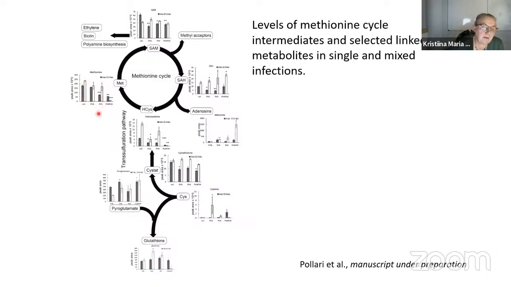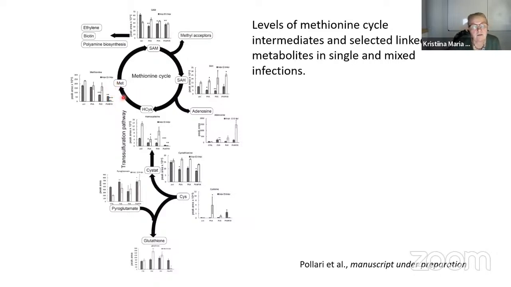There is a bit of upregulation in PVX infection, and downregulation here at day 6, but otherwise in day 10 in the systemic leaves we don't see much of regulation of methionine amounts. But then when we have this double infection, there is serious reduction in the methionine in these